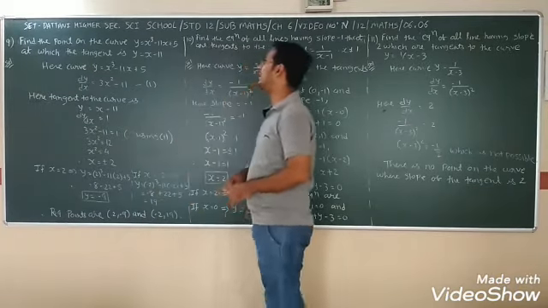Now putting x is equal to minus 2: minus 2 cube is minus 8, minus 11 into minus 2 is plus 22. Plus 5, 27 minus 8 is plus 19. So the second point is (-2, 19). So that is our required points.